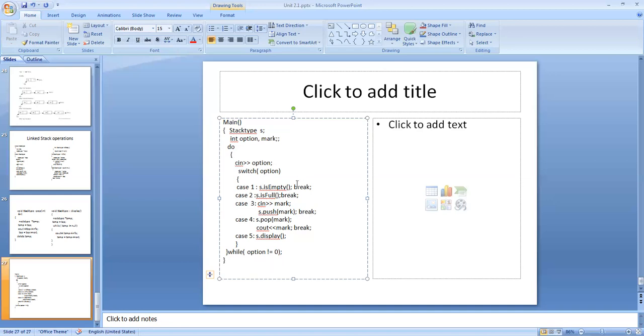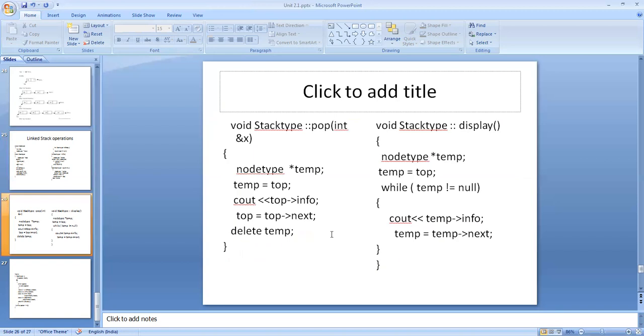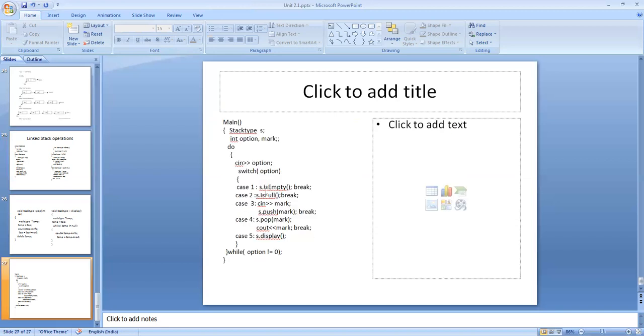Okay, that is how. See, we displayed is empty. In the function for is empty, we check return 1 or 2. So it is not displaying whether the stack is empty or not. So here I make a correction.